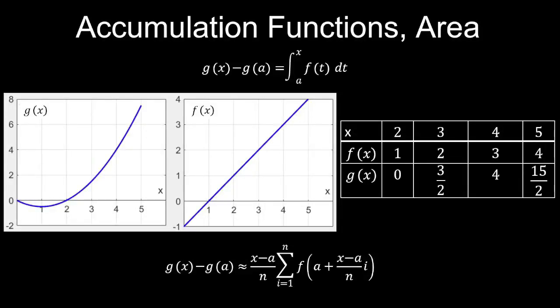There are multiple ways accumulation functions can be represented, and this here is the analytical representation, which tells us that the area under the curve of the function f from a to x, so for example if a equals 2 and x is anywhere, then this is the area that keeps accumulating as we move x to the right. So effectively what we'd get is g of x